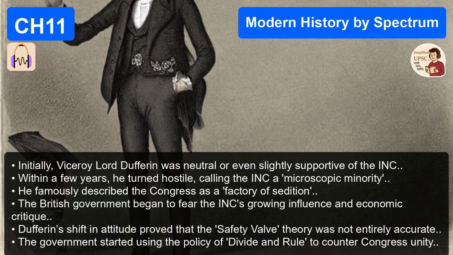And then the moderates step up, led by Dadabhai Naoroji, R.C. Dutt, and Dinshaw Wacha. And they looked at the actual ledger books. And they said, no. You are not developing India. You are actively draining it of its wealth. Famous drain theory? Yes. Dadabhai Naoroji laid out the math in his monumental work, Poverty and Un-British Rule in India. He argued that there was a massive structural, unilateral transfer of wealth from India to Britain. For which India got absolutely nothing in return. Nothing in return, no material equivalent.